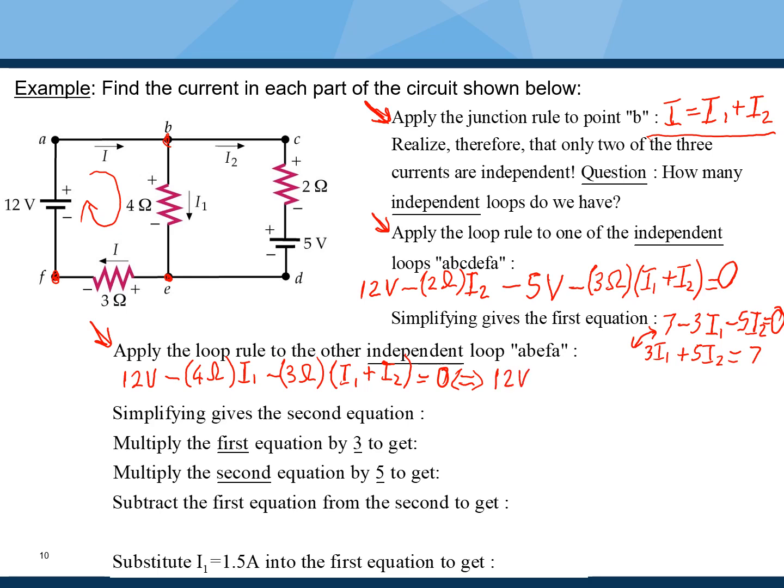And then if I consider I1, I'm going to have minus 4 I1 minus 3 I1 building up to minus 7 I1. Okay? And then we have minus 3 I2 is equal to 0, which tells me that I can rewrite this as